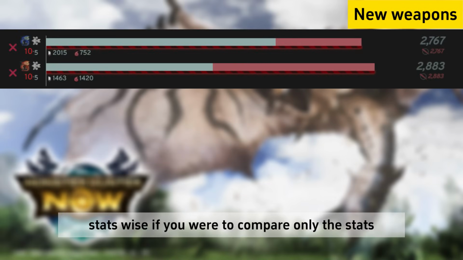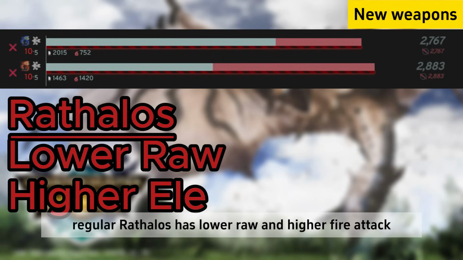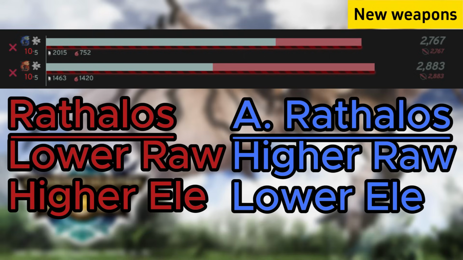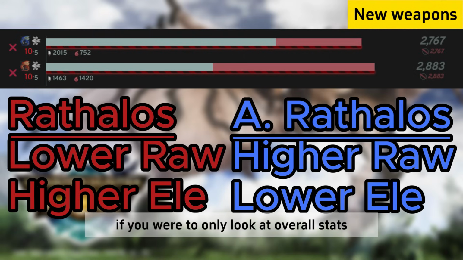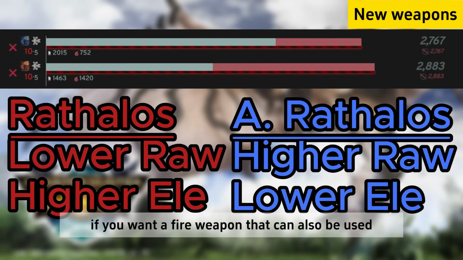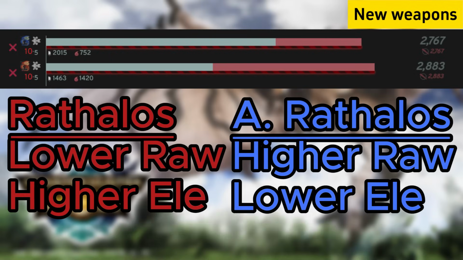Stats wise, if you were to compare only the stats, regular Rathalos has lower raw and higher fire attack, while Azure Rathalos has higher raw and lower fire attack. If we were to only look at overall stats, regular Rathalos has better stats. If you want a fire weapon that can also be used as a decent raw weapon, you can go for